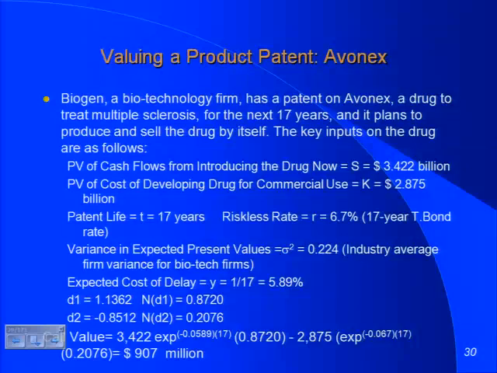So let's go from abstractions to real numbers. I'm actually going to value a drug called Avonex. This drug's now well in production. It's a blockbuster drug for Biogen. I did this valuation in 1997. The reason I've kind of stayed with this example is that it's actually very difficult to get the numbers to value a drug, because one of the numbers you need is the present value of cash flows you would get if you developed the drug today. I don't know enough about this business to do that.